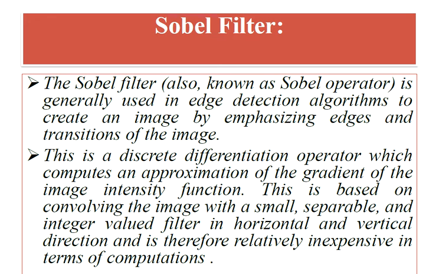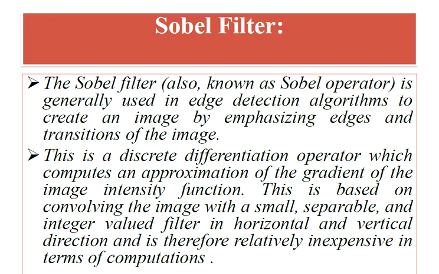But the main point that you have to note down is that the Sobel filter is a discrete differentiation operator which computes an approximation of the gradient of the image intensity function. So overall, Sobel filter is a discrete differentiation operator and it computes an approximation of the gradient of the image